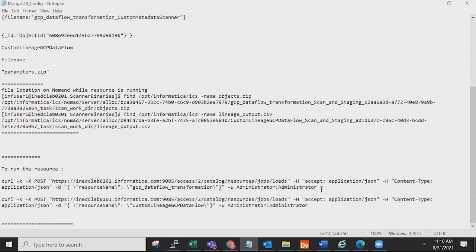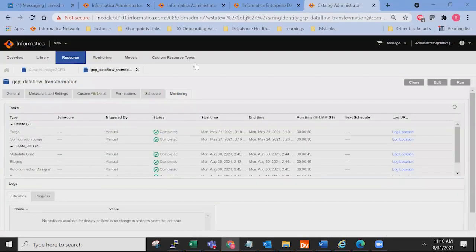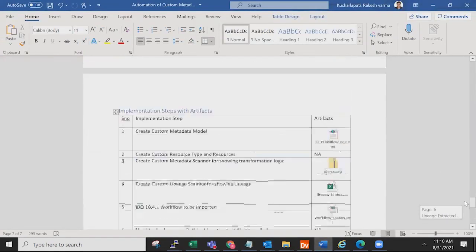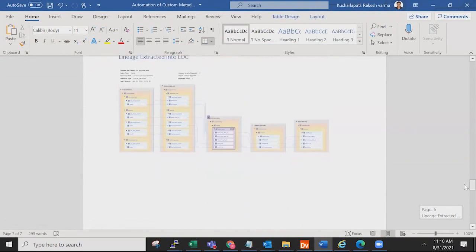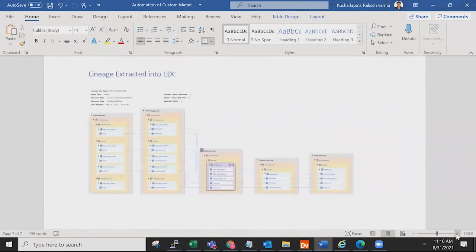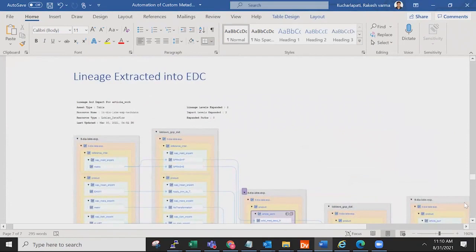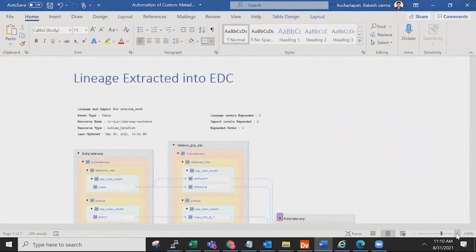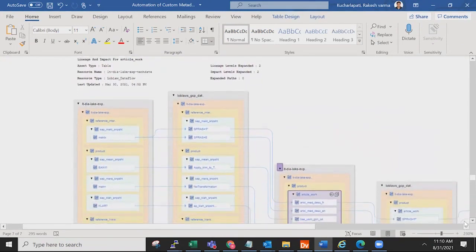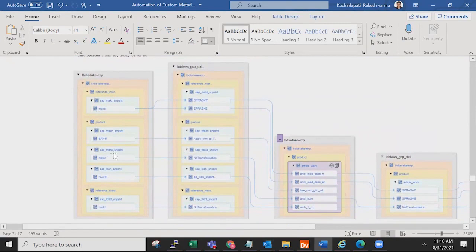Now, once you do it either manually or using these curl commands, we can quickly check what exactly the output is. The sample output I have captured in this page. This is how you are going to get a sample output. Let me make it bigger and show you. So basically what we are trying to show you is the input resource, which can be a native scanner or a custom scanner. And this is a column, and it is going through this custom metadata scanner,